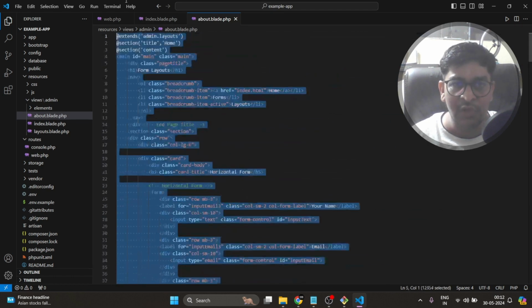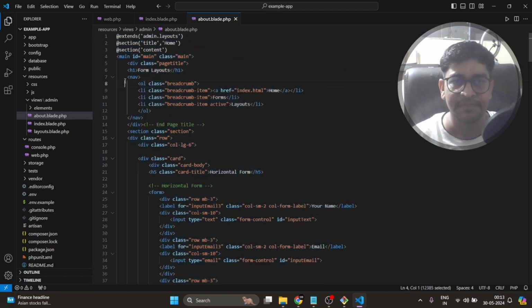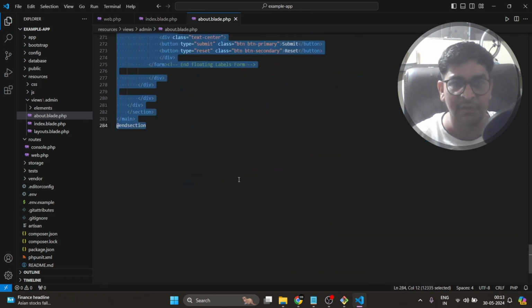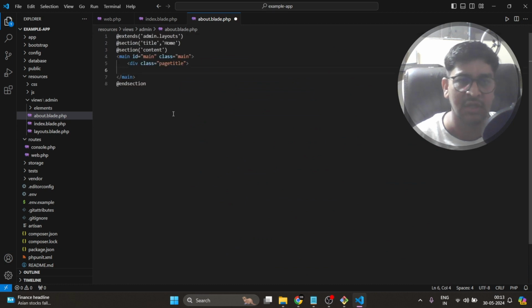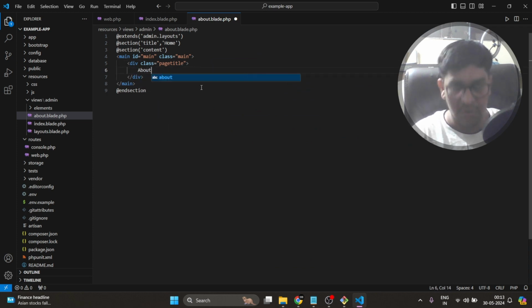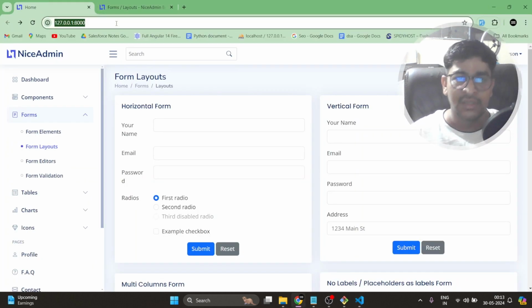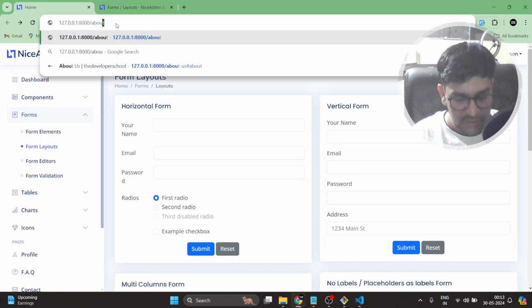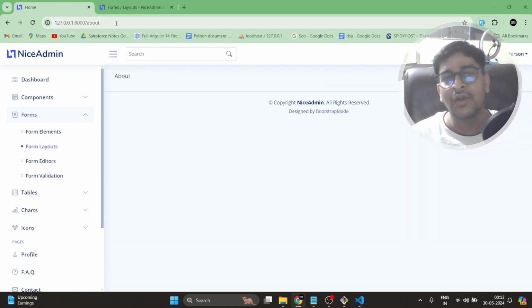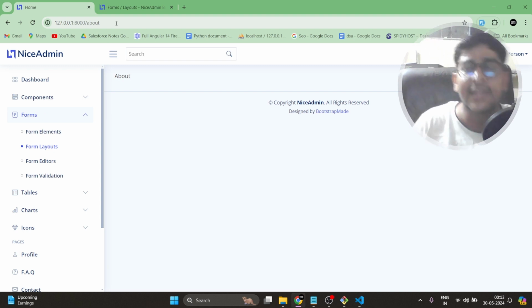And if I want to separate something here, I want to give you an example of this, so I just remove this. I only remove this, and I just want to close my div. So my div is closed, and I want to say it as about. This is what I have done so far, and you can see now this is my page. If I go over to about, you can see about has this about. So this is the benefit of actually creating the layouts.